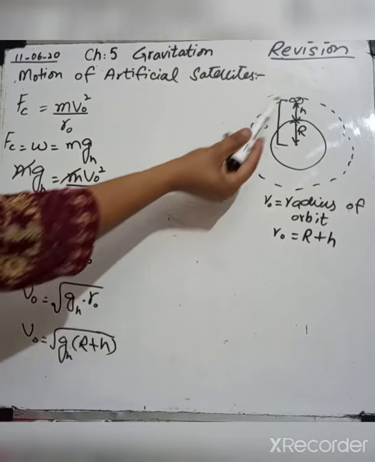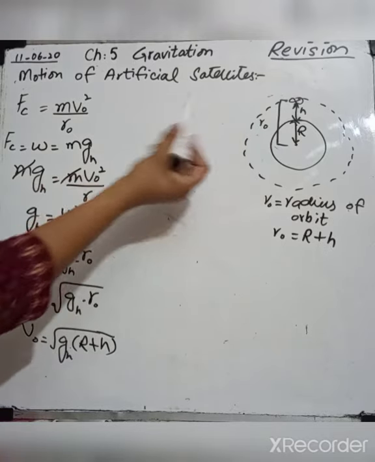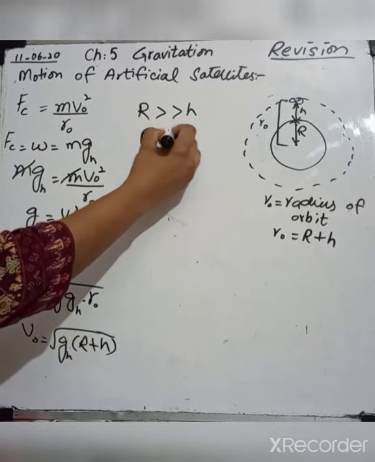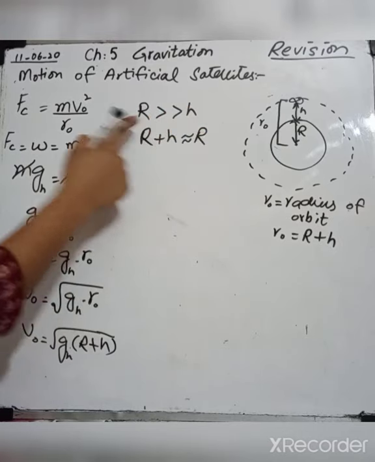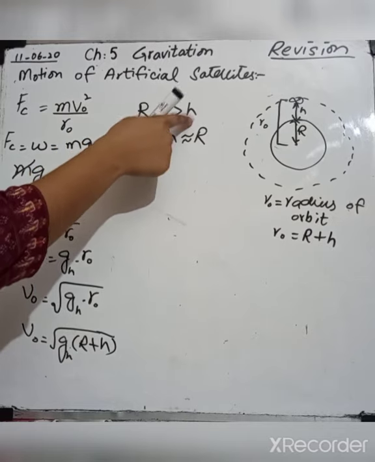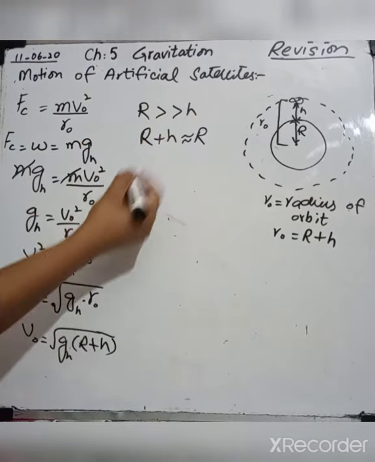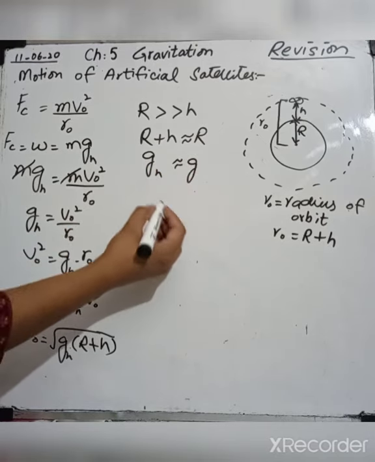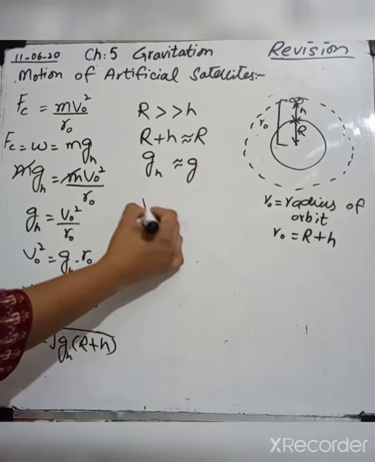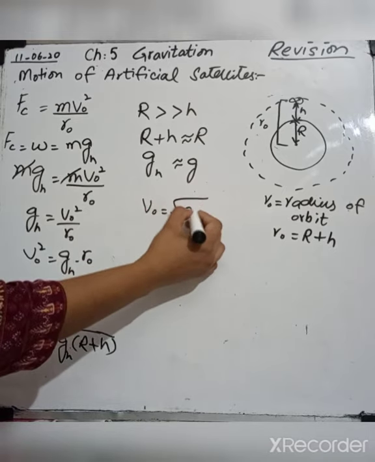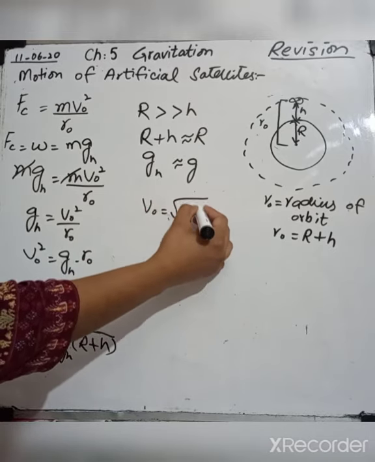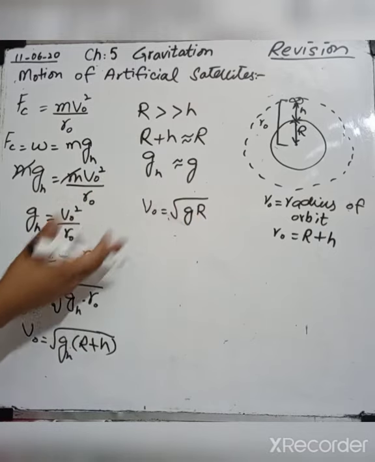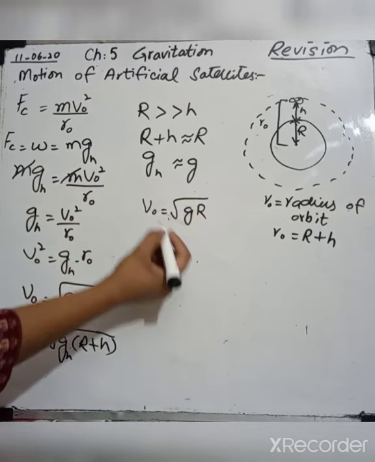For the satellite revolving very close to the earth, we can take r plus h equals r, because the radius of earth is very much greater than that height, which is very close to the earth, and gh can also be replaced by only g near the surface of earth. So v0 will be the square root of g r. As g and r are constant quantities near the surface of earth, where we have taken the satellite, by